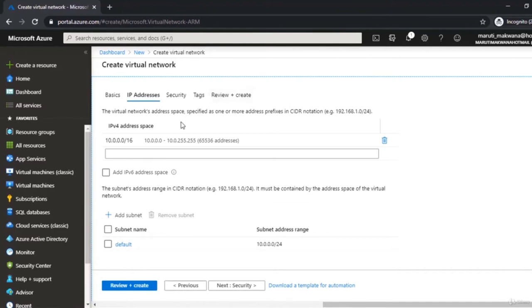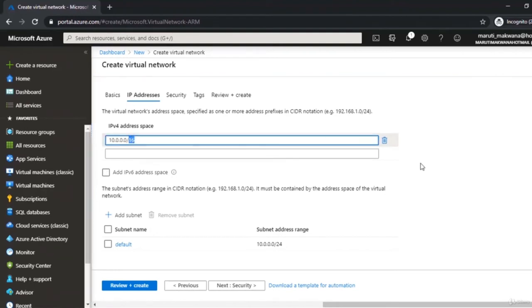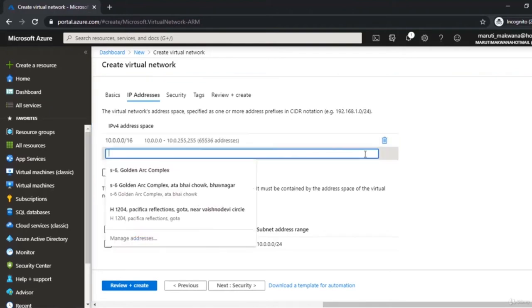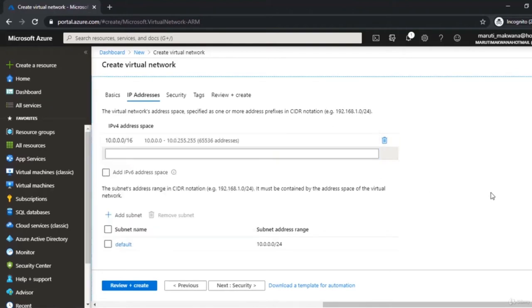By default, they are giving me an option that we have one address space connected with this, which is 10.0.0.0/16. This 16 is the IP address mask, and that actually controls how many IP addresses will be available in that particular range. And 10.0.0.0 shows that because it's starting with 10, this is an IP address which belongs to class A. /16 is telling me that I am going to have a total of 65,536 addresses available in this, as mentioned here. Now, why is this 65,536?